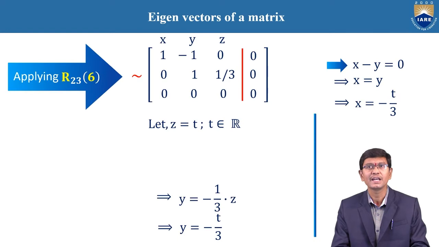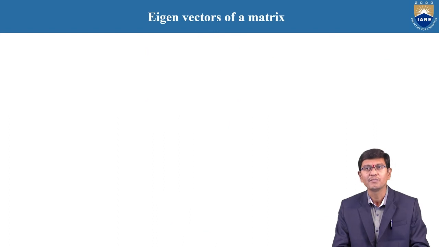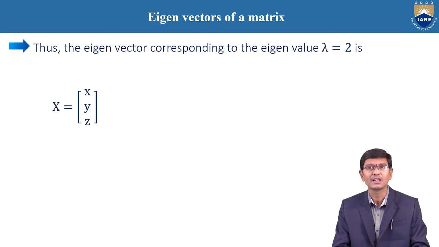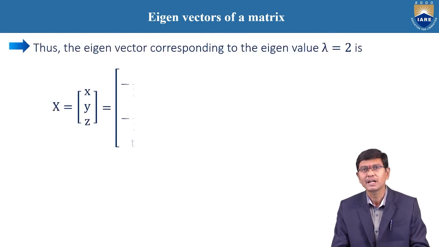Therefore, by taking z equal to t, where t is any real number, automatically x is equal to minus t by 3, and y is also obtained as minus 1 by 3 into z. Therefore, y is also minus t by 3. This is the conclusion for the eigenvalue lambda equal to 2 of the given matrix, the corresponding eigenvector